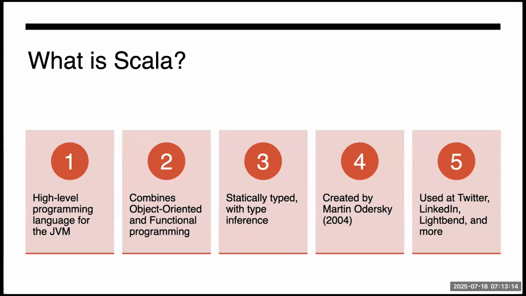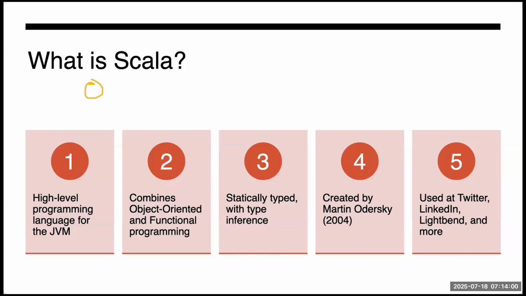And we call it a high level language because it provides abstraction and features. Do you know about abstraction in OOPs concepts? Not much familiar, actually. Okay, anyway, we'll get to that. Basically, it provides the abstraction and features which allow you to focus more on the logic and less on low level details like memory management and threading. All those things you don't have to worry about. It gives you the abstraction on top of that. We'll see that.